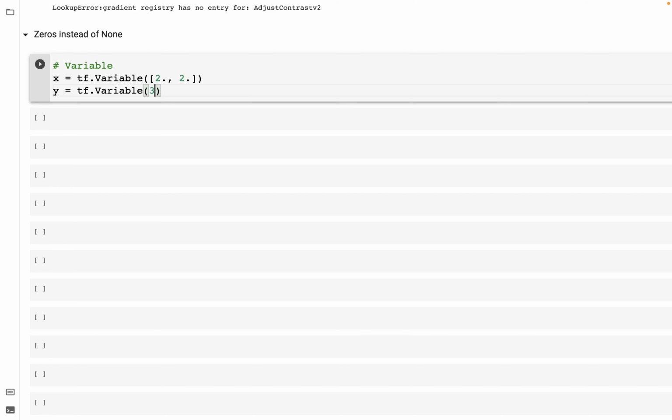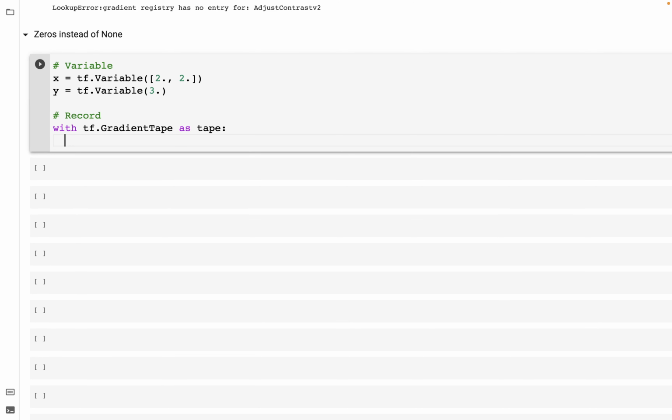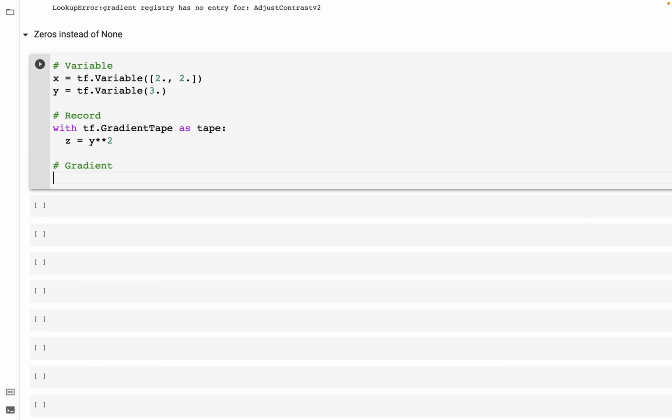So with tf.GradientTape as tape, z is equal to y squared, and then we have gradient, and here if we type gradient is equal to tape.gradient, z over x,